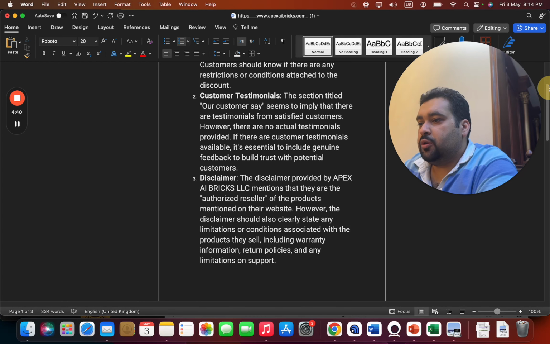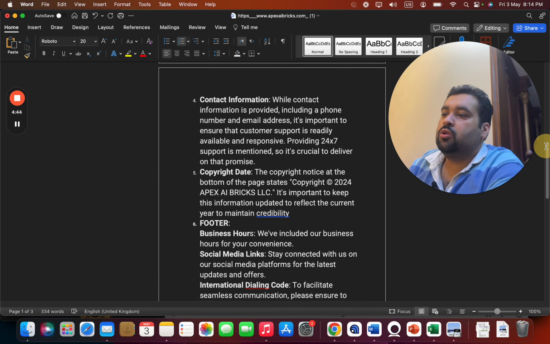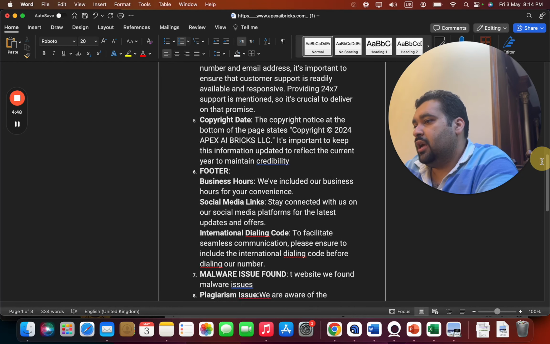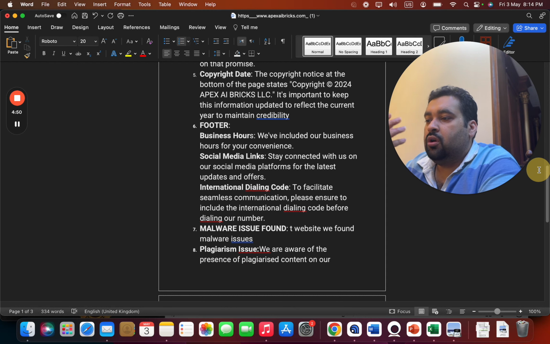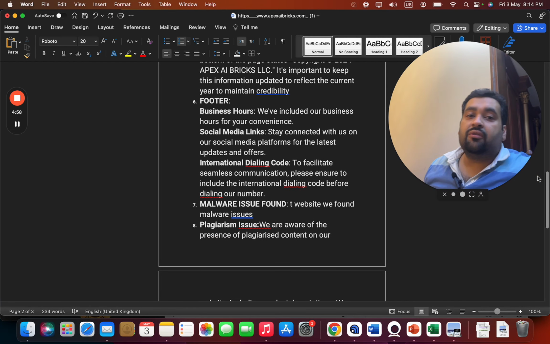Then we also discussed adding disclaimers on the website. We also looked at contact information and the copyright date, which was old, and then we suggested a few things to be added to the footer, such as business hours, social media, and international dialing code. Although the website did not have any malware issue found,